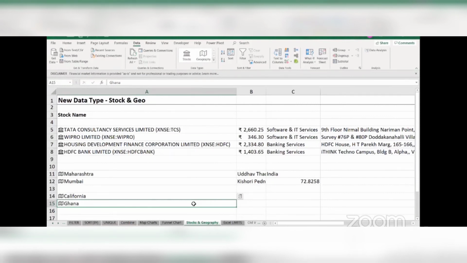Multiple things are possible in Excel apart from this as well. Internet connection is required, yes. But is login mandatory to get all this data? Login is mandatory, yes, unless and until you have Excel 19 standard. I am coming to that. Give me a few minutes. I will get to that.